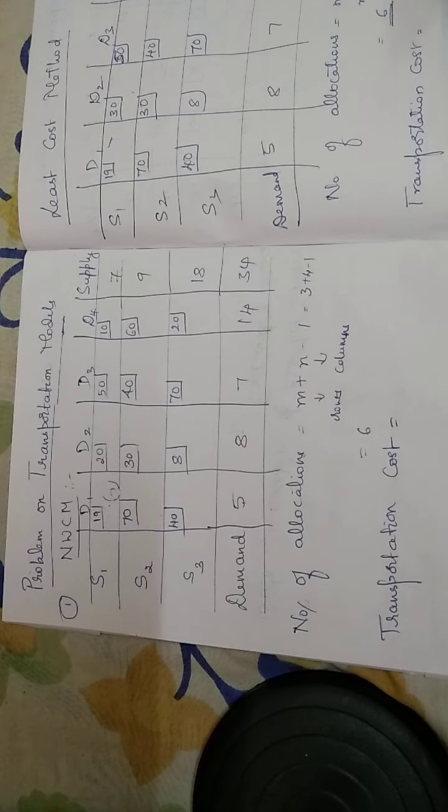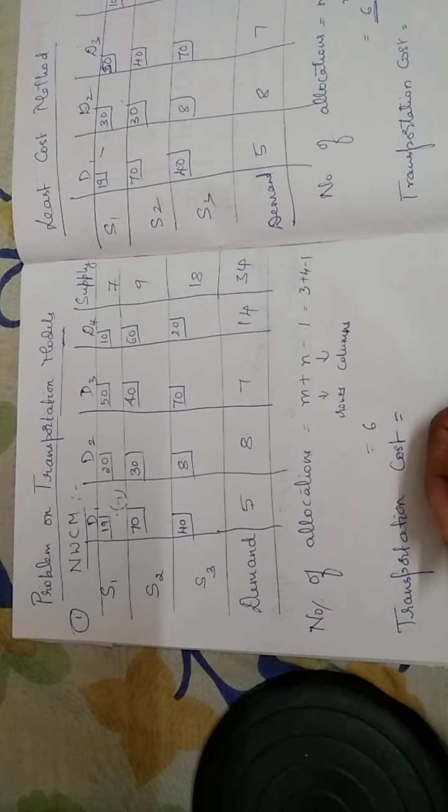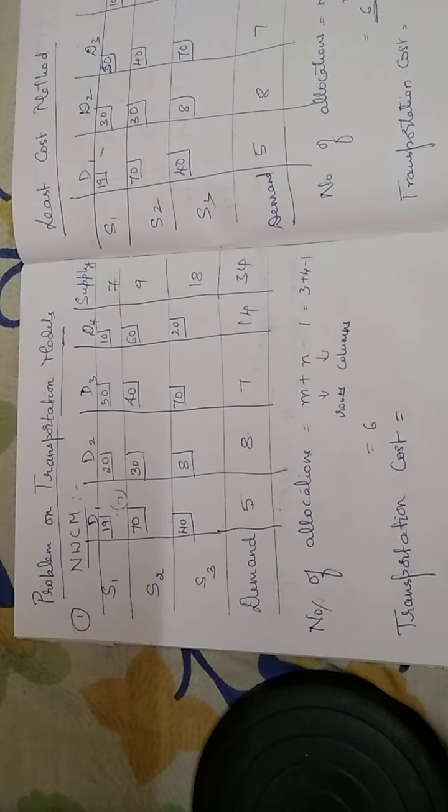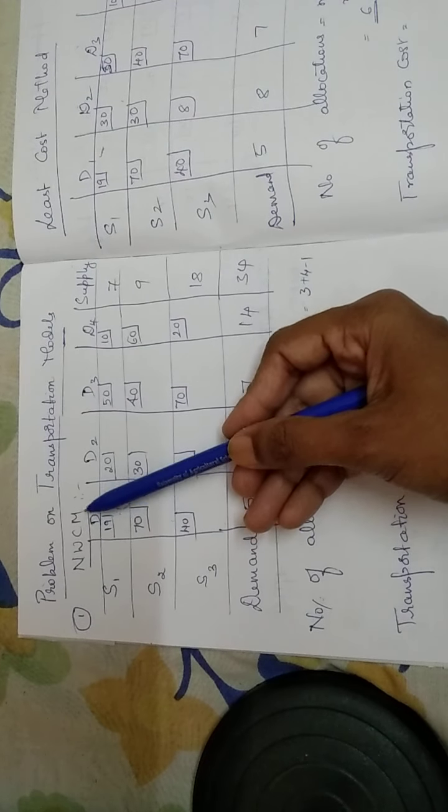Students, now I am discussing the problem on transportation models. So we have got three models, so to say. One is the northwest corner method, second one is the least cost method, and the Vogel's approximation method. Now let us see how we can solve the transportation problems under the three methods. Now first I shall take up the northwest corner method.